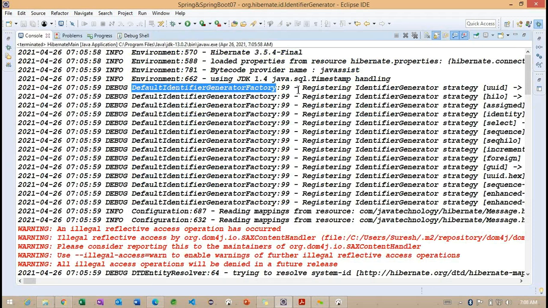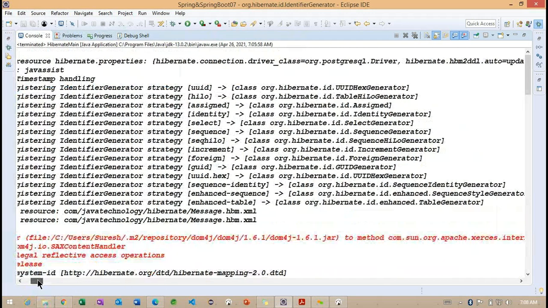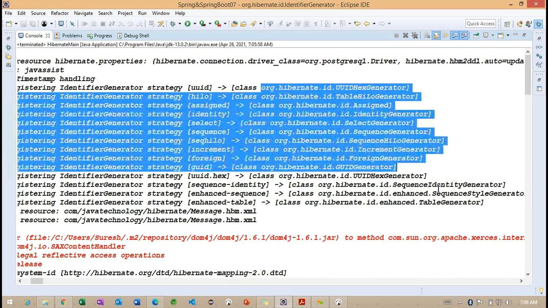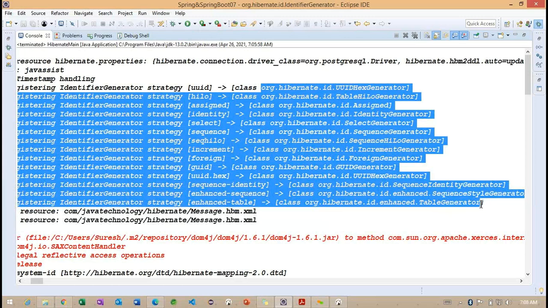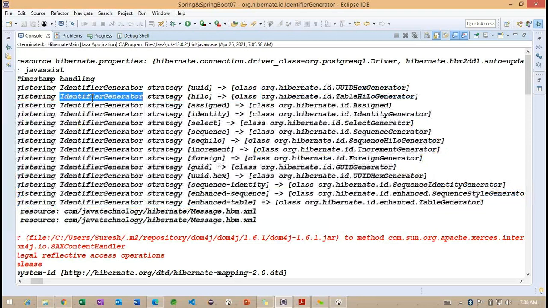Now you can see using this line number 99, it's doing some operations internally, using the UUID generator, because we need to generate the ID value automatically. So we can check inside this ID property. These are the other generators, coming from this IdentifierGenerator.